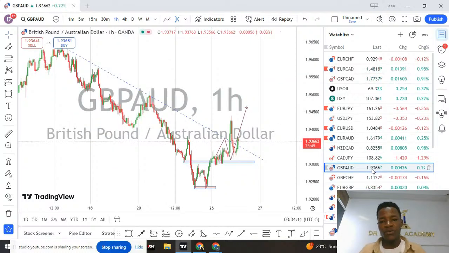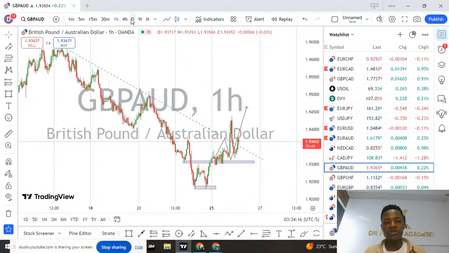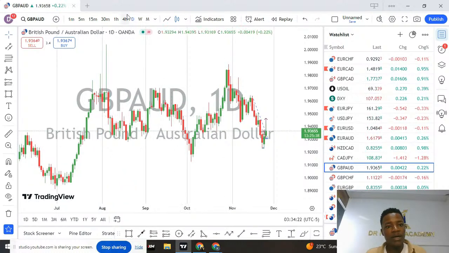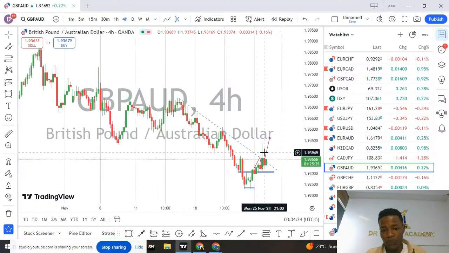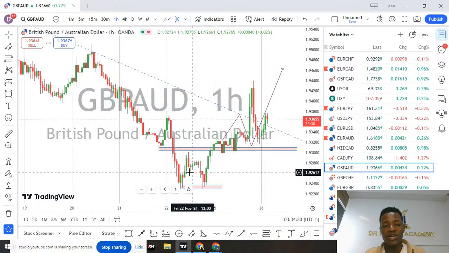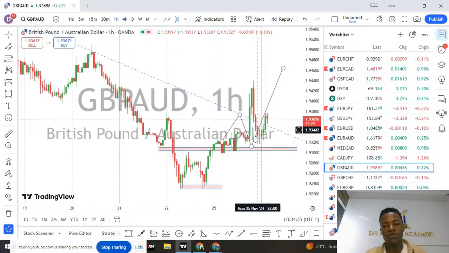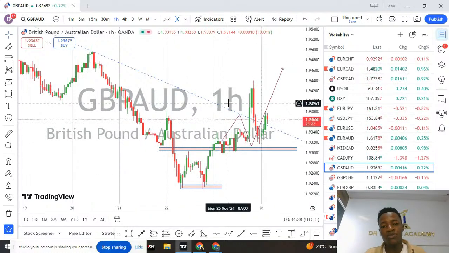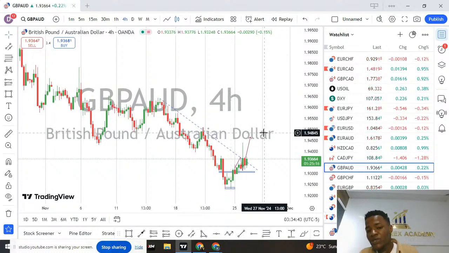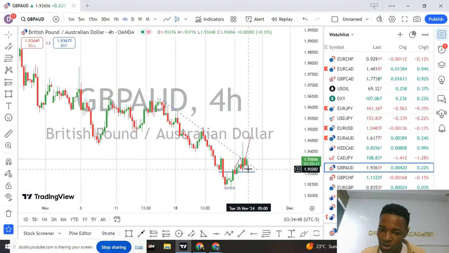Coming to GBP AUD, we were looking forward for this market to come back again from this order because we had a reversal. On the daily time frame, the market had formed a double bottom coming to the previous day low, and now forming a double bottom. Double bottoms are very reversal structures, and then coming back we had an inverted head and shoulders, and we're looking forward for more buys. The market has already broken the trend line, and I'll be looking for more buys on this pair. Entries will come when this 4 hour candle closes. Wait for the 4 hours to close and enter with a stop loss below the current green 4 hour candle.